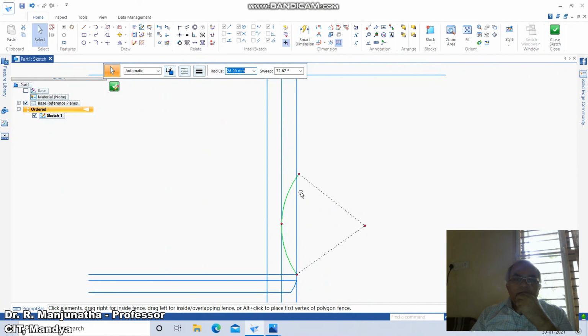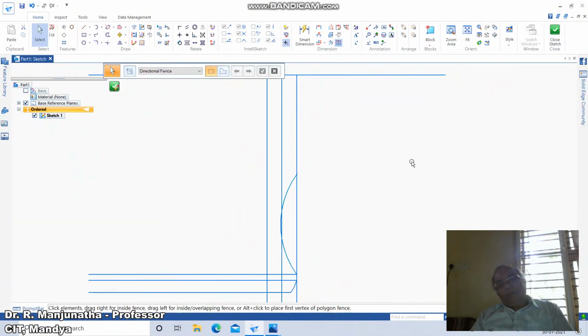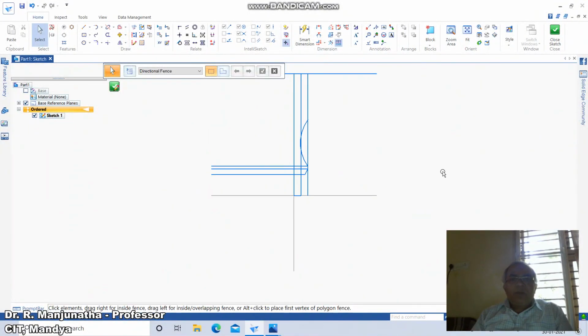So now again, once you do that, then from here you have to take one more requirement. So this is just okay. Now we're going to do this. Once you do that, then again we have the fit option.